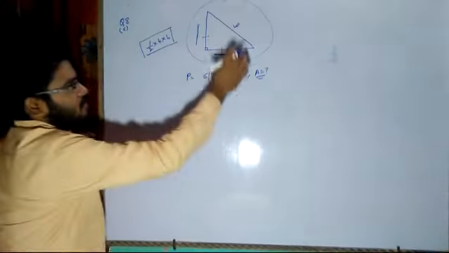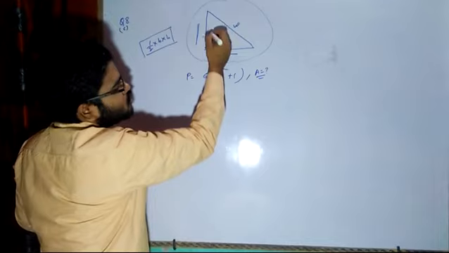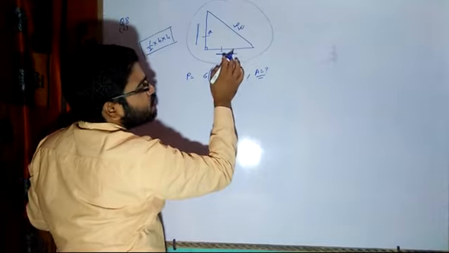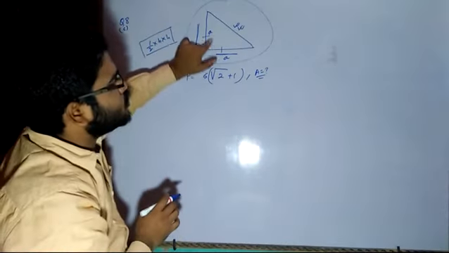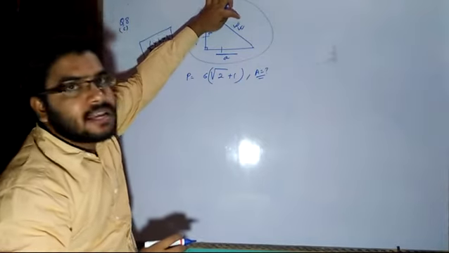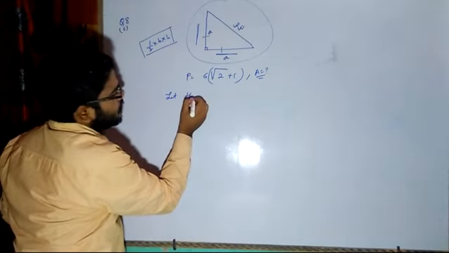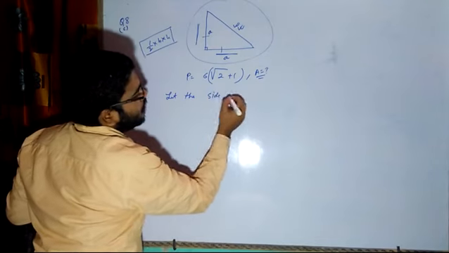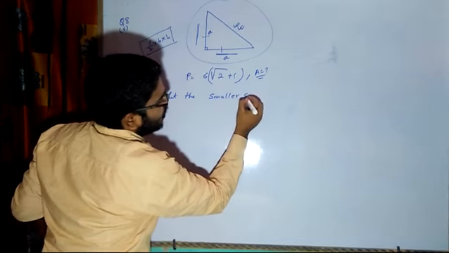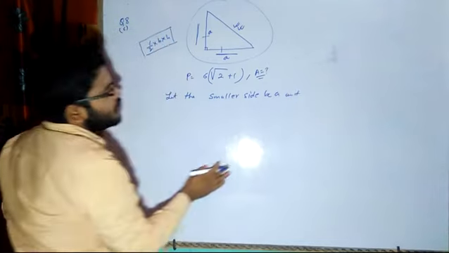Now the very small thing that you have to do is, we will assume the side to be A, so definitely this side will also be equal to A. Now this side I have to calculate with respect to these two sides. I have assumed one of the sides as A, then this side I can calculate with respect to this side. Let us write, let the smaller side be A unit. Then what will I write?